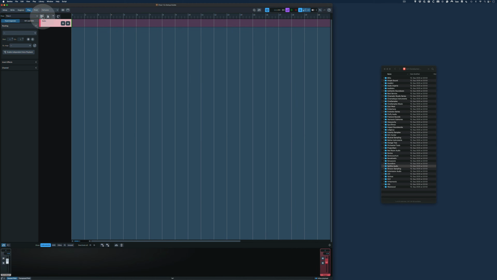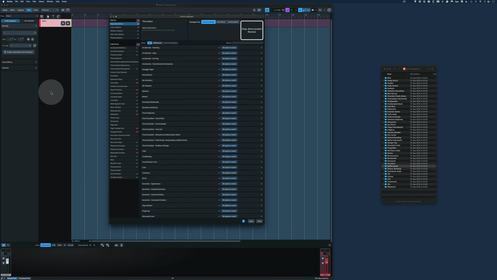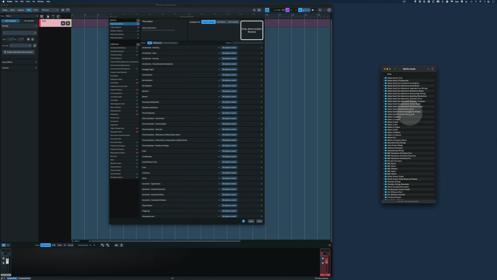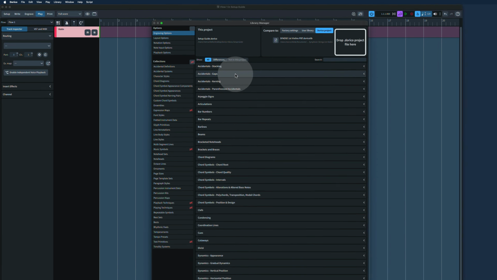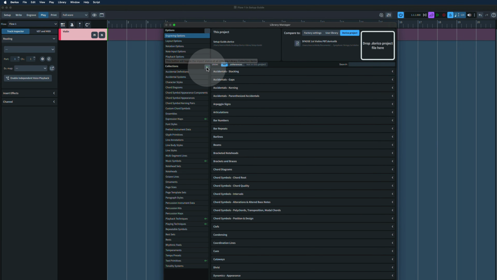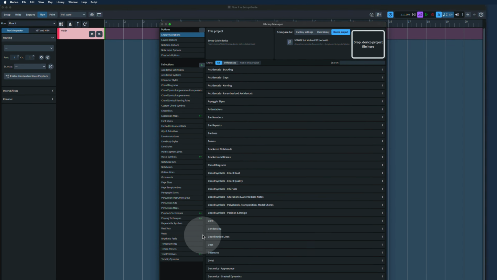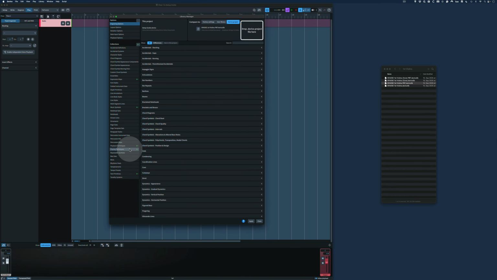Loading a Dorico library works similarly. Go to the library manager in the library menu, then drag your Dorico PBT lib file onto the Drop Dorico project file here area. Next, click on the import status icon next to Collections until you see a green arrow pointing towards Collections. When you scroll down, you'll see green arrows next to expression maps, music symbols, playback techniques, and